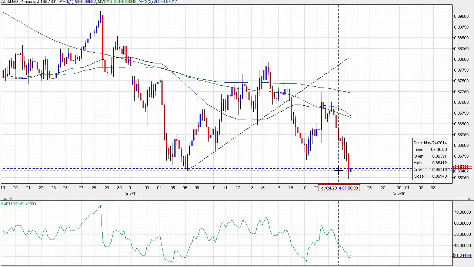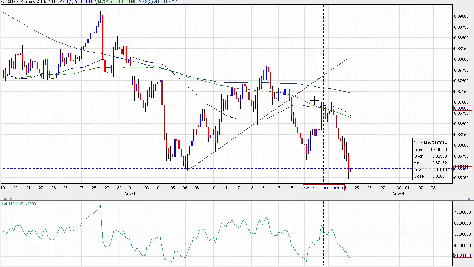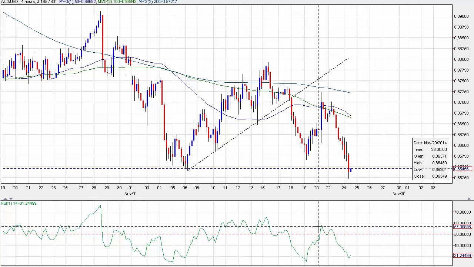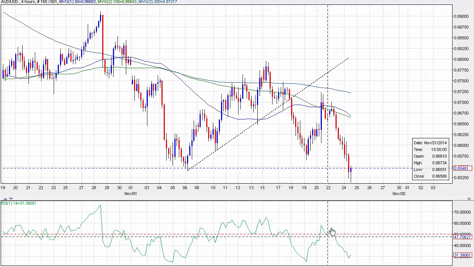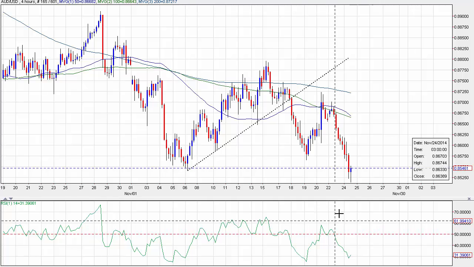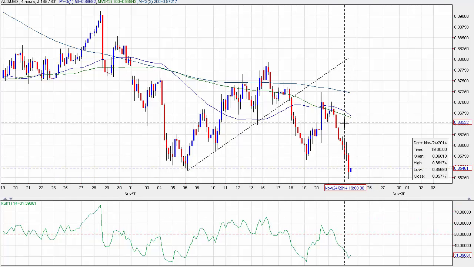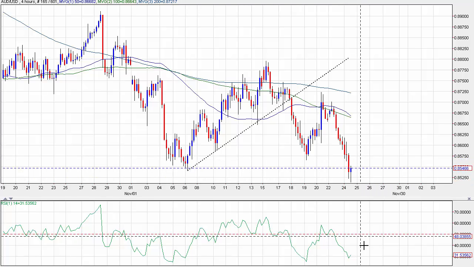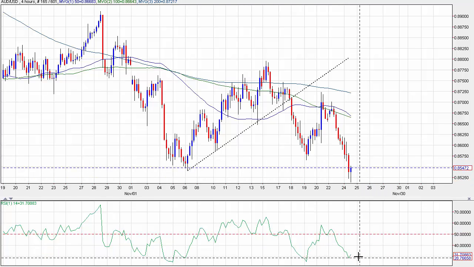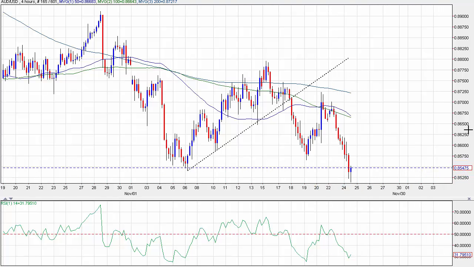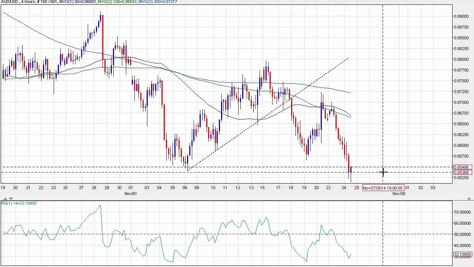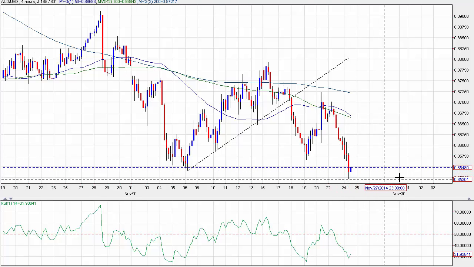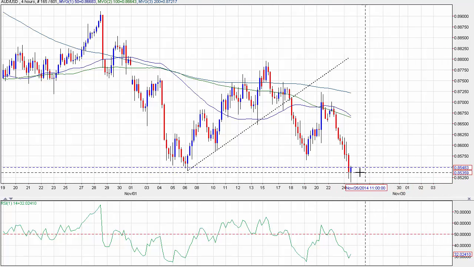Note that in this 4-hour chart, price is now respecting the moving averages as resistance, and the 4-hour RSI is holding below 60 after probing below 30, which reflects bearish bias and bearish momentum. Now, prices at new lows on the year and the 4-year low, with the RSI showing a bit of oversold condition. So as price approaches 0.85, we should see a pullback. You see there is already a little bit of near-term support here at the 0.8520 area, but